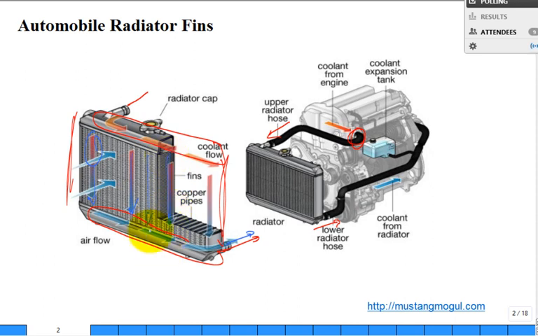Other radiators, side to side. Just take a look at what you have in your car. Top to bottom or side to side, either one. I think the majority probably are side to side. Anyway, so